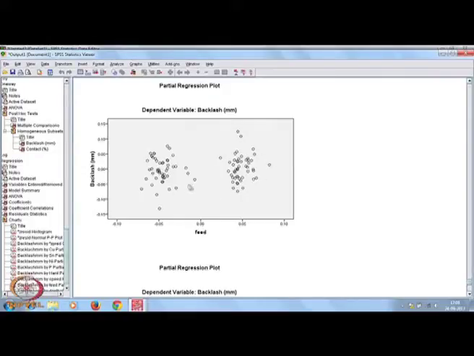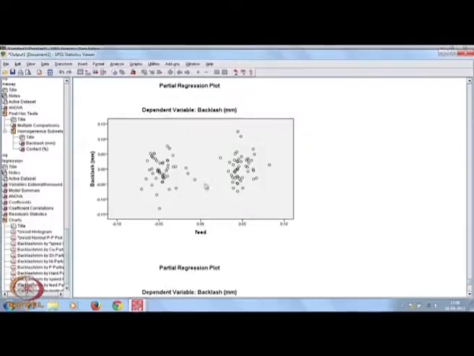That means when feed changes from one level to another level, the backlash property is also changing here, and I think it is the way it is represented here. It raises some questions.